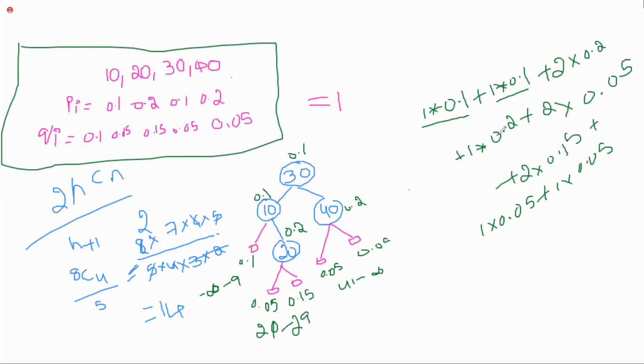So optimal binary search tree means: among the possible binary search trees, which one will you consider as the optimal? There are hundreds of binary search trees possible, and it is not easy to pick one manually or randomly. So we need a standard procedure to find which one is optimal. That is nothing but the optimal binary search tree using dynamic programming. By using dynamic programming, we are going to find the optimal binary search tree.